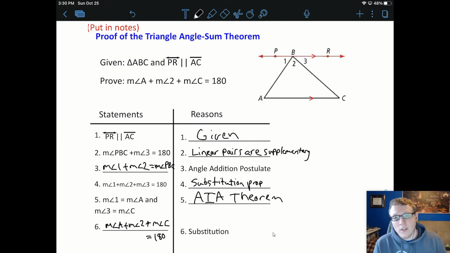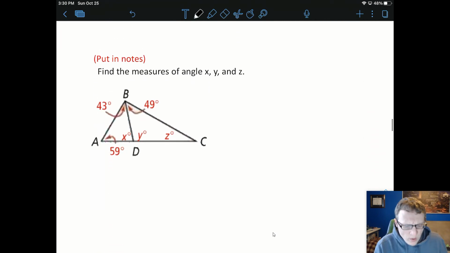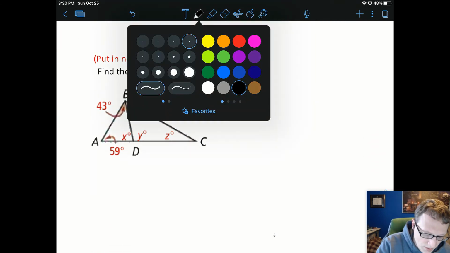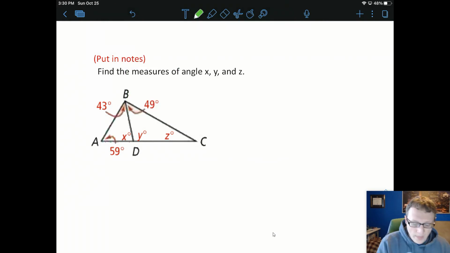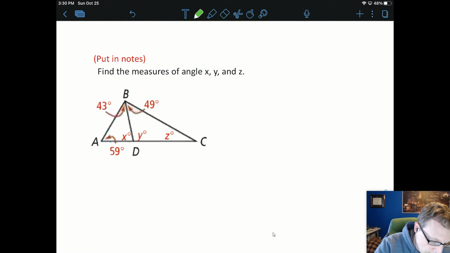Basically, all angles of a triangle have to add to 180. So let's do a few examples. Here we want to find the measures of angles x, y, and z. So first of all, it's probably easiest to find x first by using this. In green here, I have a triangle. I know that those angles of that triangle have to add up to 180. So what I'm going to do is take the 43 plus 59 plus x has to equal